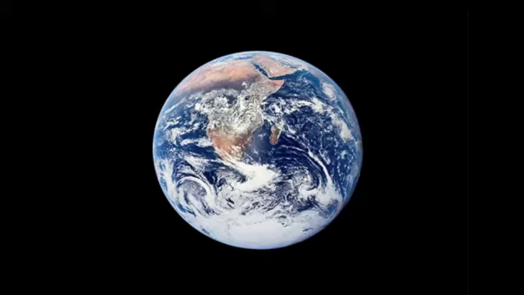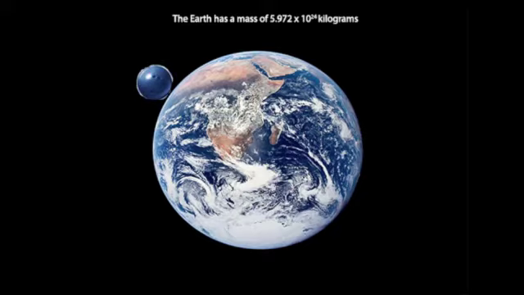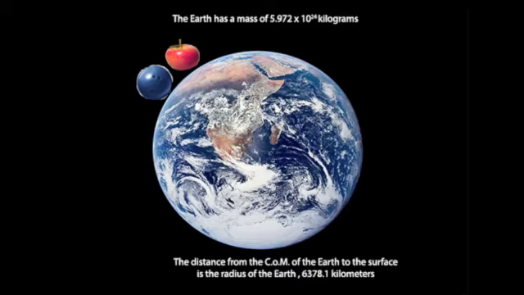Now that we've seen the acceleration of the Earth's gravity in action, let's calculate what it is. The first thing we need is to know that the mass of the Earth is 5.972 times 10 to the 24th kilograms. We also know that the bowling ball and the apple are on the surface of the Earth, and the distance from the center of mass of the Earth to the surface is actually the radius of the Earth,